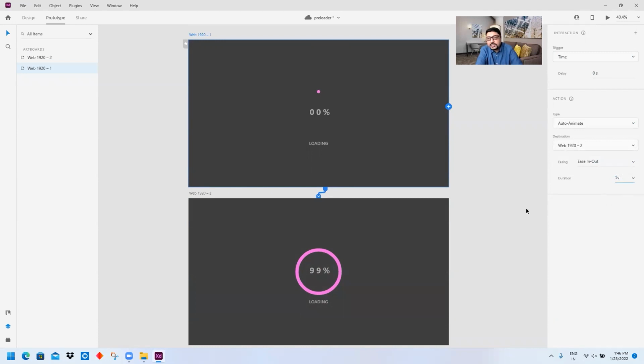So what I'm instructing is that within 5 seconds this animation will happen. This dot will form a ring around the circumference of the invisible circle, and also this 0 percentage will animate to 99%. Okay, so let's see if it works.